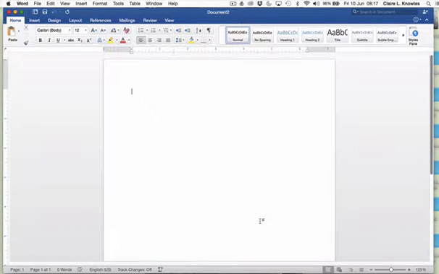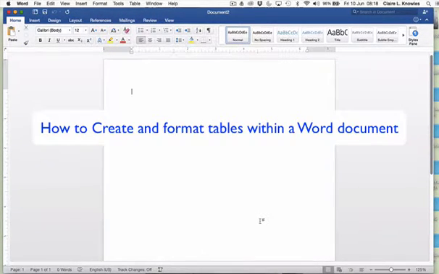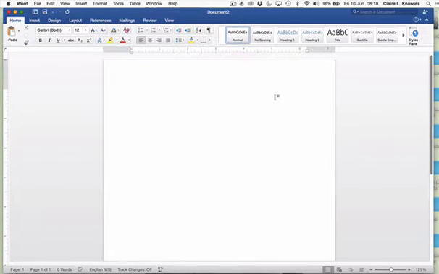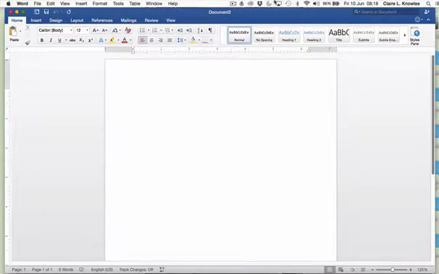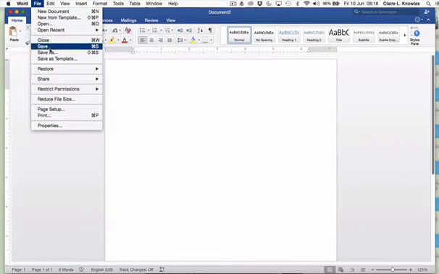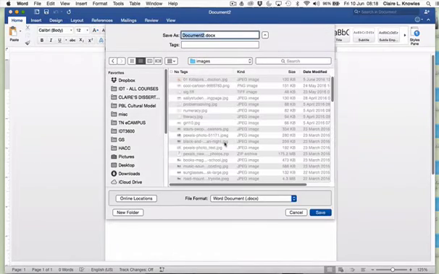Hi there, this is a short tutorial on how to create and format tables within a Word doc. So here I have a blank Word document. The very first thing I'm going to do is title it: File, Save As, and it's creating a table